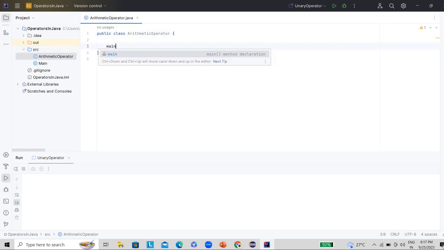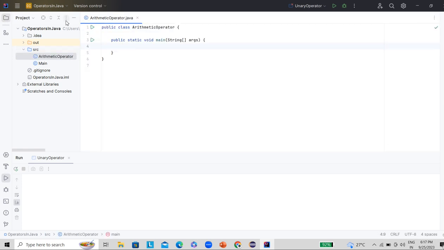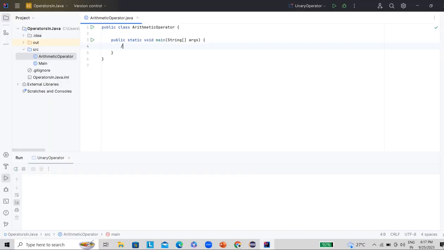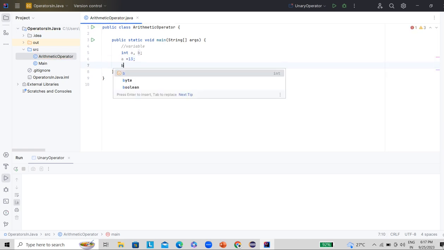Let's create the main method and some variables. Since this is the arithmetic operator, we need at least two variables. So int a, b, and let's assign some values: a equal to 13 and b equal to 5.